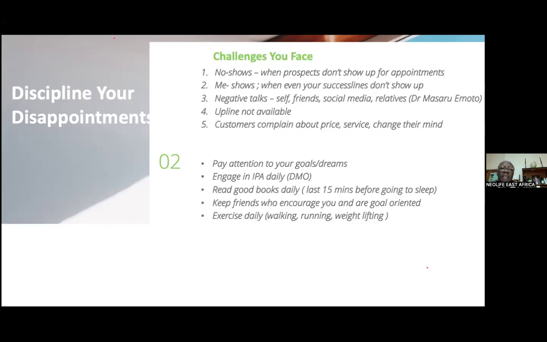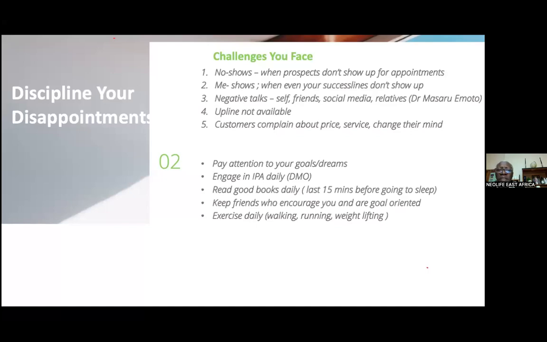Okay. Then when you have customers who complain about the price, the service, the change, all those things, you will get customers who complain. The most important thing is this: don't argue with your customer. If they say the prices are too high, I say, well, they are well-priced products because they've got high quality. I think your life is much more valuable than the price of the products that you're going to buy. So when customers complain, it's better to have a customer who complains and you know what to do than a customer who doesn't complain but goes away without telling you anything.